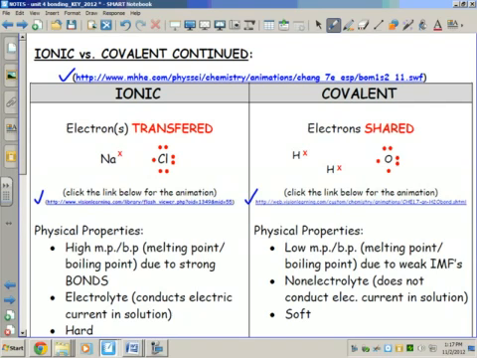So we'll start with ionic. And we said earlier that ionic bonds involve the transfer of electrons. In this case, we would have sodium losing its electron, the metal losing its electron to the more electronegative nonmetal. There's a complete transfer of electrons, in other words, a change of ownership, versus covalent bonds, in which electrons are